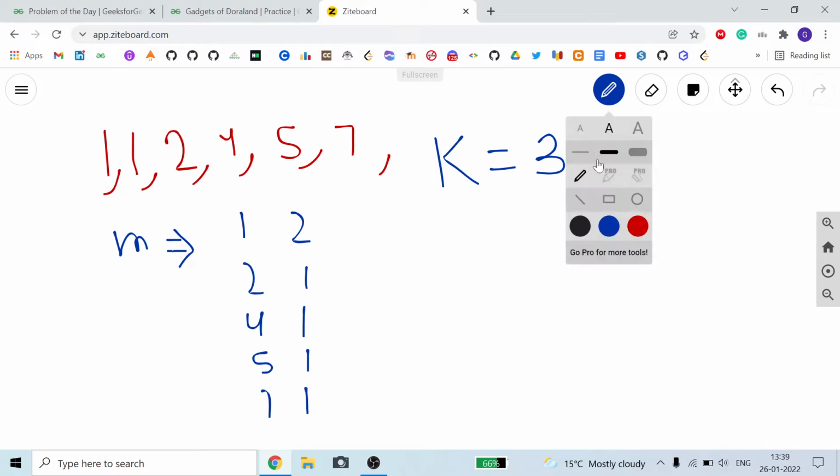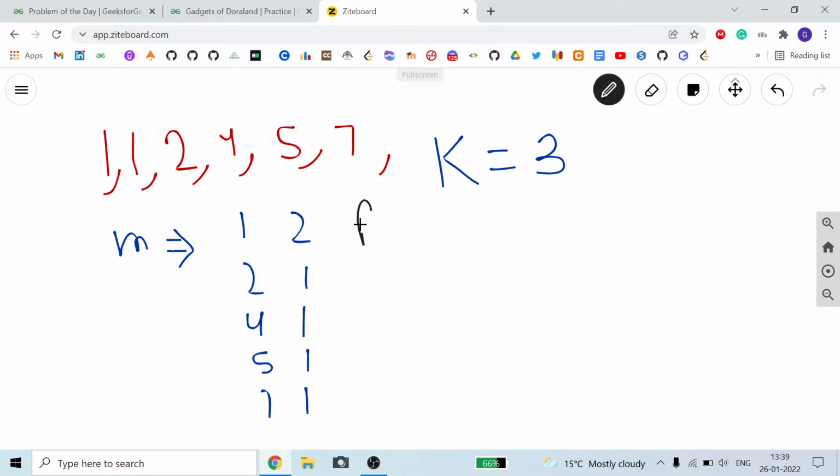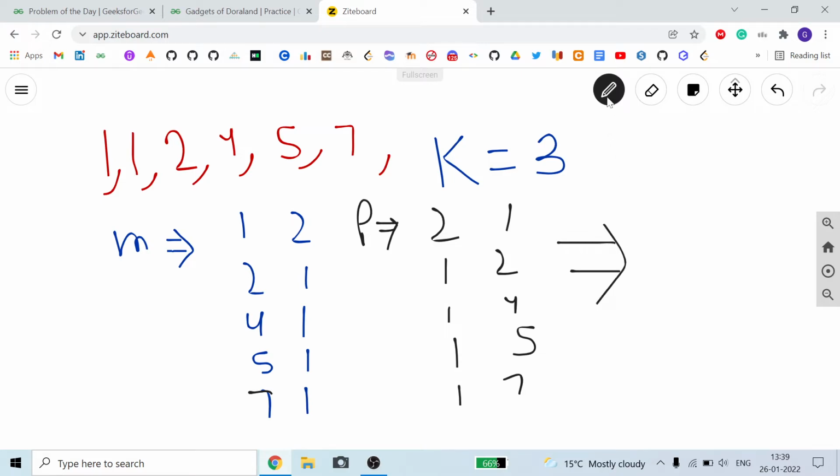And now what will my p vector take? My p vector will take 2 occurrences of number 1, 1 occurrence of number 2, 1 occurrence of number 4, 1 occurrence of number 5, 1 occurrence of number 7. Now I will need to sort it. Okay, so I will sort it now.